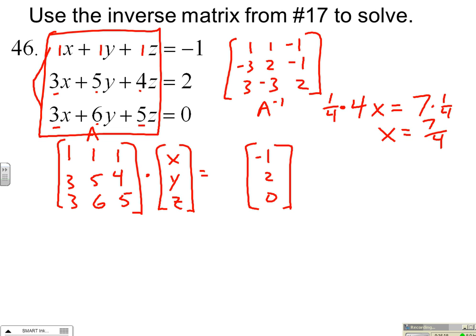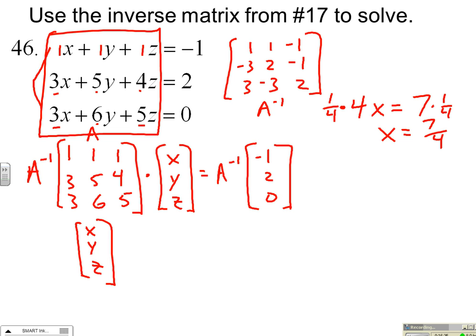If I take my multiplicative inverse in my matrix here, multiply this side by it, and this side by my multiplicative inverse, my equation becomes plain old XYZ, because these guys cancel, equals A inverse, which happens to be 1, 1, -1, -3, 2, -1, 3, -3, 2,